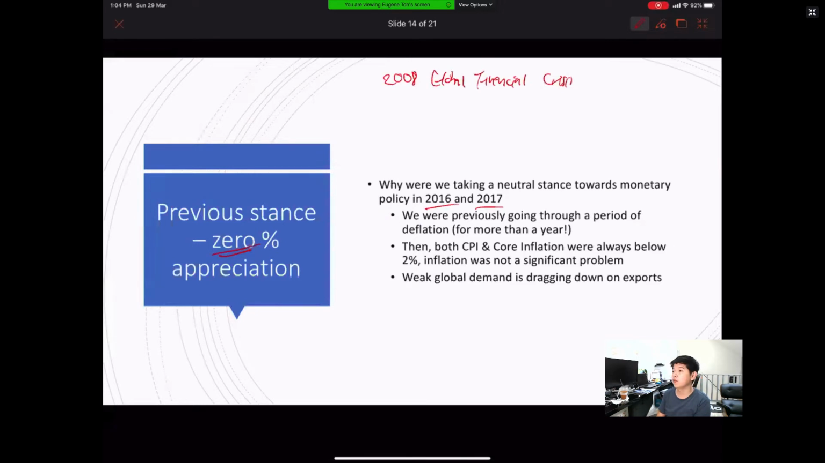Now, you may have heard some of our ministers saying the term 2009 global financial crisis. Okay, the global financial crisis actually started in August 2008. It didn't start in 2009. 2009 was when Singapore went into a recession where we had negative 1% economic growth. By the way, if you're wondering